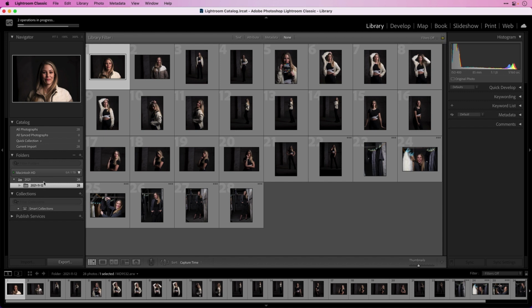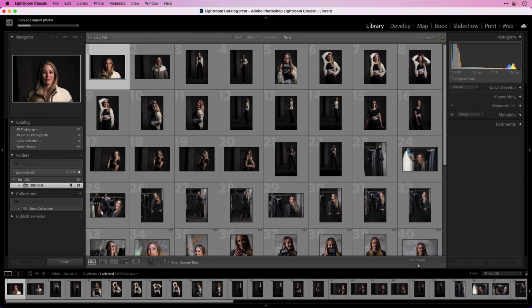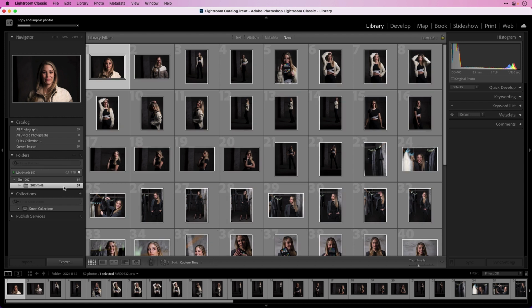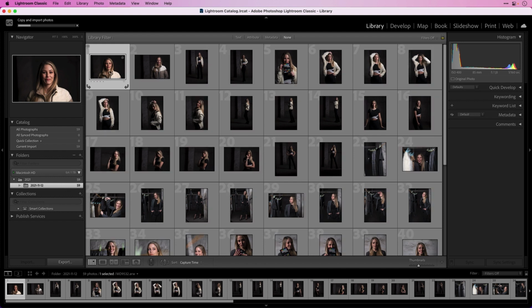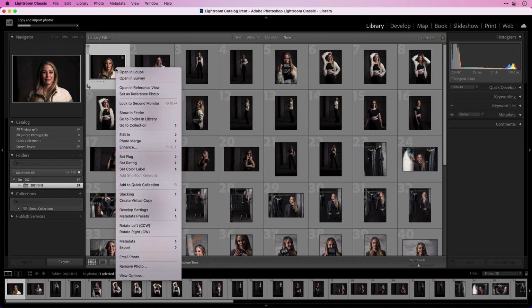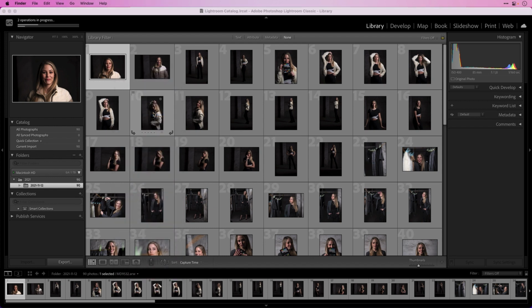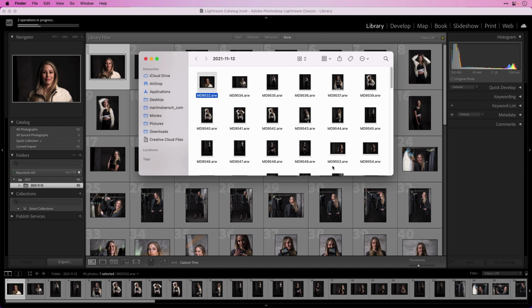And after that, you can go in and rename this folder. So as you see here, I have a lot of images and the import process will take its time. But now I can show you where the images are stored. So I make a right click, secondary mouse click, onto an image and go to Show in Finder. And here in the Finder, you see where the images are stored.